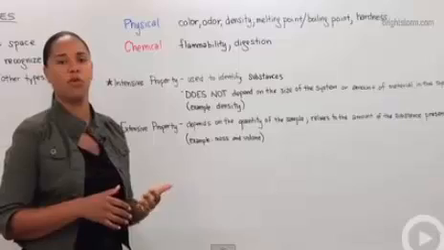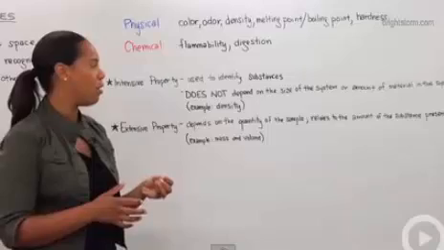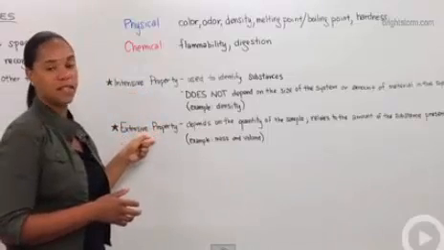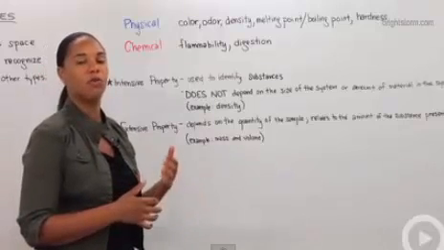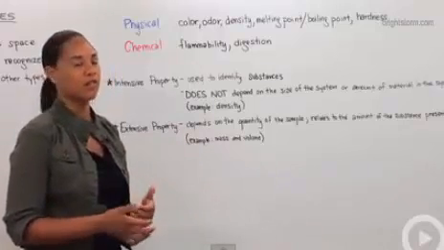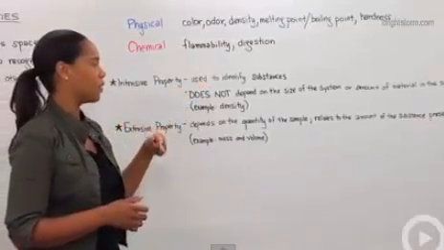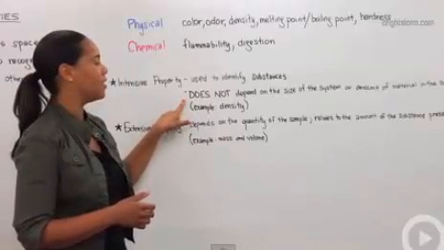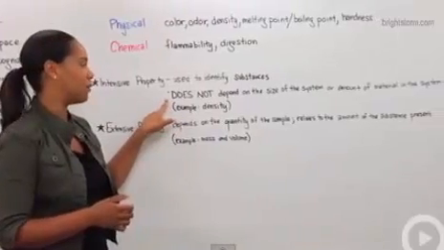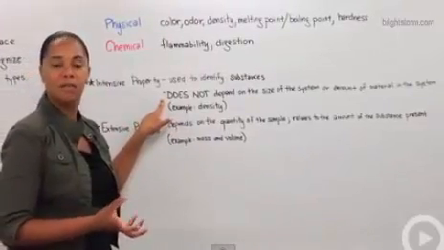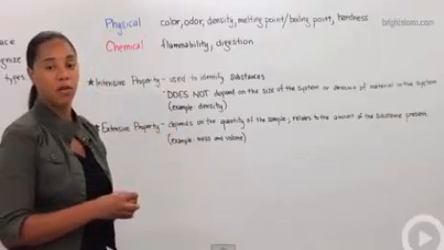So within physical and chemical properties of matter, there are these other two types of properties that are important to note as well, and those are intensive and extensive properties. Again, this will take some time to figure out how to distinguish between what's an intensive property and what's an extensive property. So an intensive property is used to identify a substance. The more important part is that it does not depend on the size of the system or the amount of material that's in the system. An example of that is density. Density is the same no matter how much or how little of a substance you have.